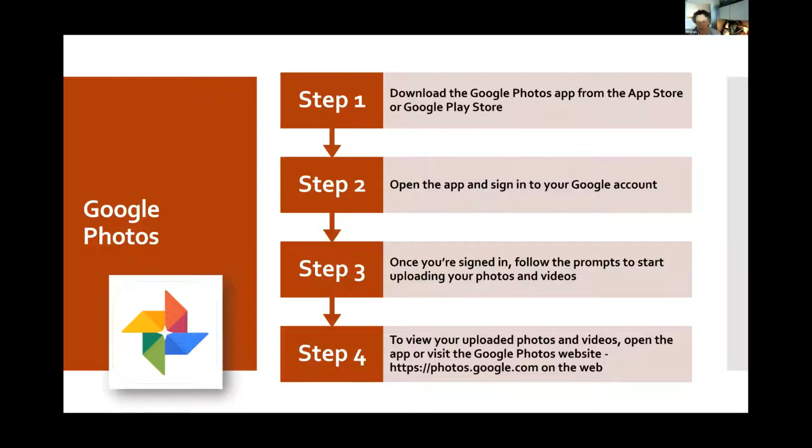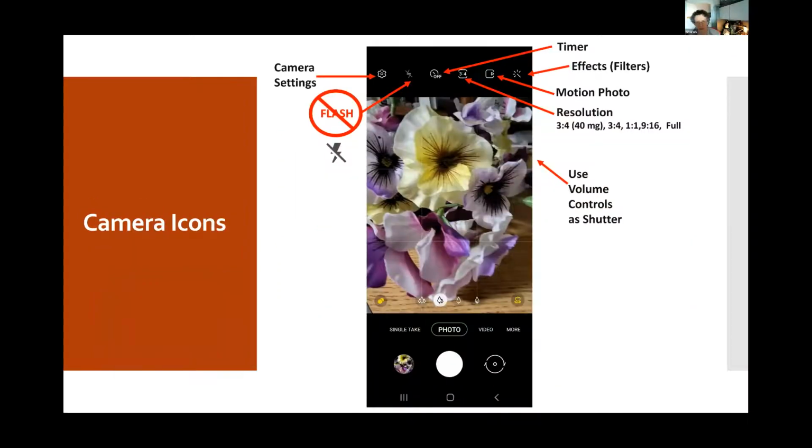So let's look at a little bit, and again, everybody's phones may have some different icons. This one is the Android. And I don't know if on your phone, when you bring up your camera, if the camera setting button is automatically there, but that is a really nice feature of the newer Androids, is that you can go right from your camera to your camera settings. On the Apple devices, you have to go and look for them. But the camera settings and going into your settings and knowing what they do is really important. And I'm going to go through a few of those, but